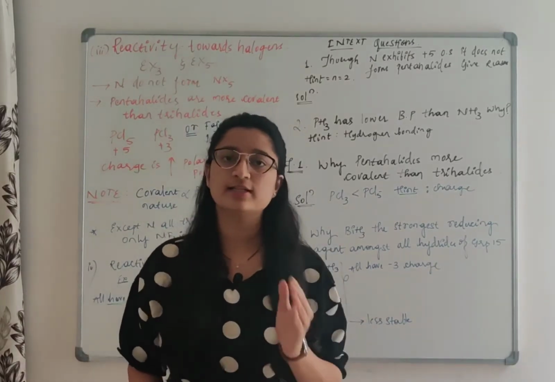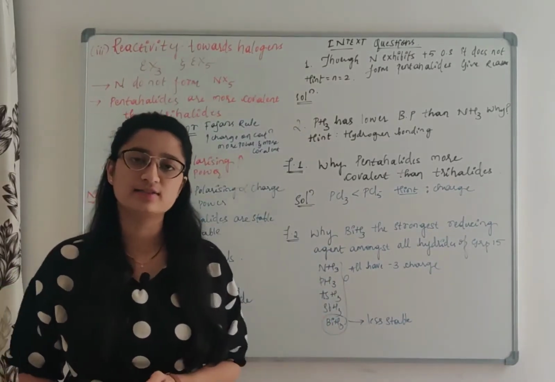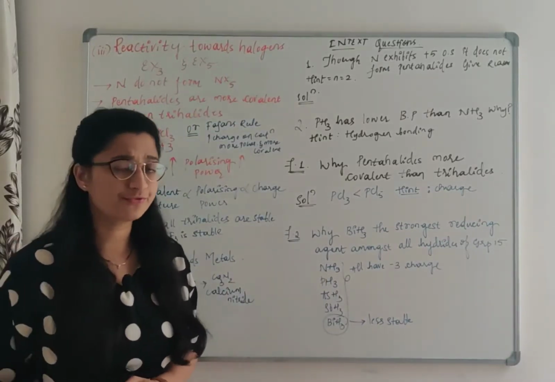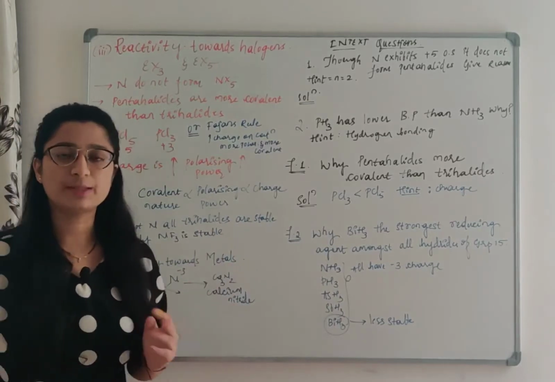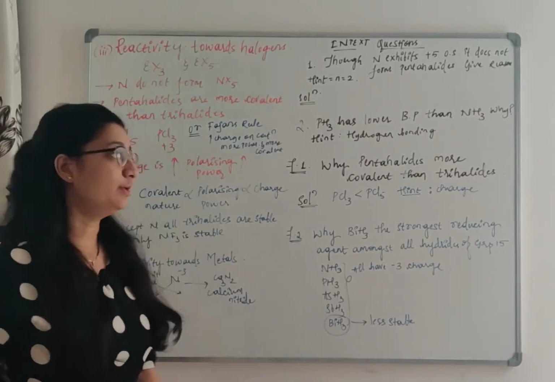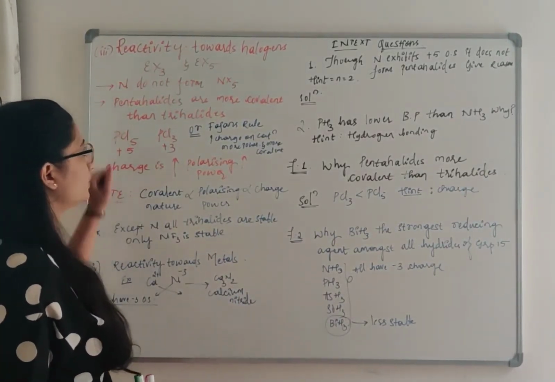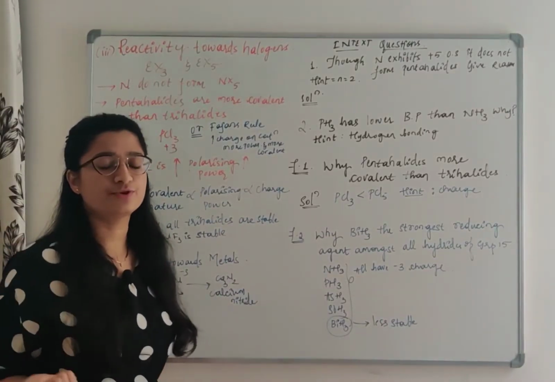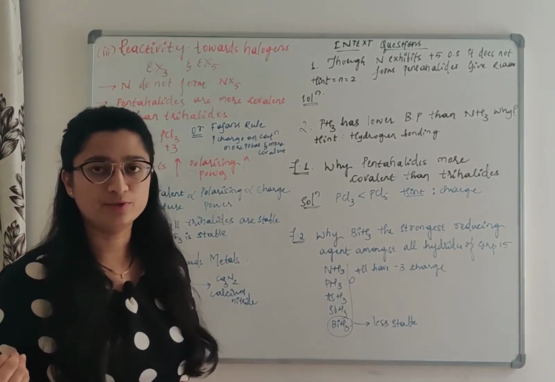Hello dear students, in this video we'll continue the other chemical properties and we'll solve the in-text questions of this group 15. So the next important chemical property of these group 15 elements is reactivity towards the halogens. These group 15 elements, nitrogen, phosphorus, up to bismuth,